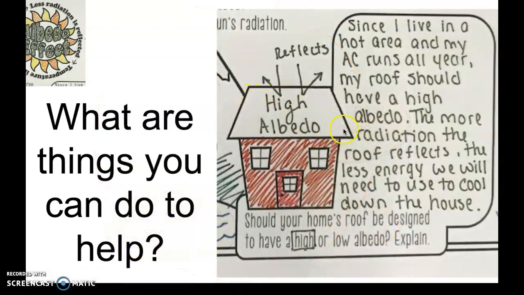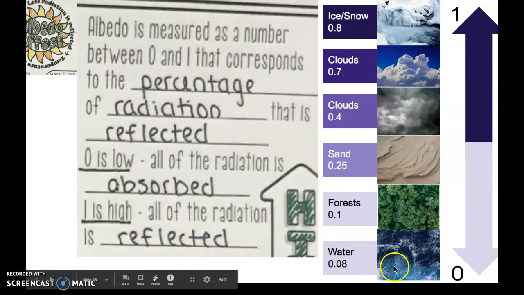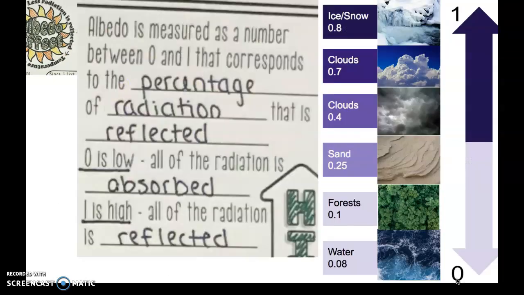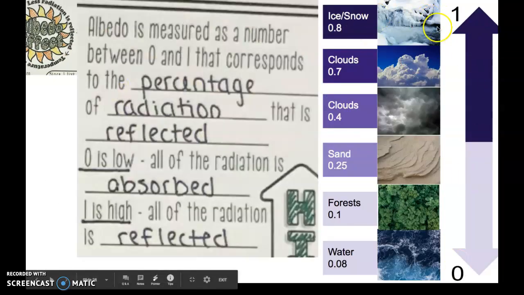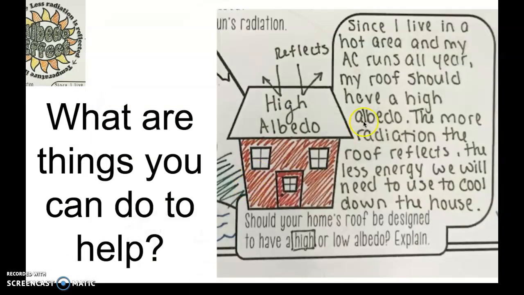So if I wanted a surface that had a high albedo, generally it would be white or light colored. So if you did notice back here, the darker our substance is, typically the lower the albedo, meaning that it's raising temperatures. The lighter the substance, the higher the albedo, meaning that it is reflecting more out into space. So I want my roof to be light colored or even white so that the light or solar radiation is